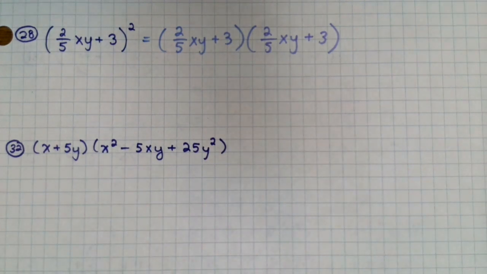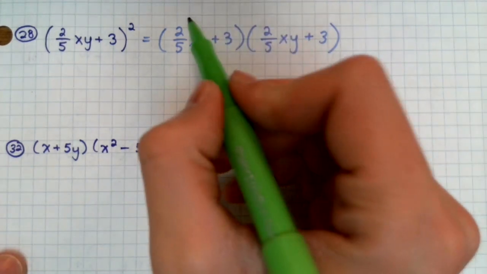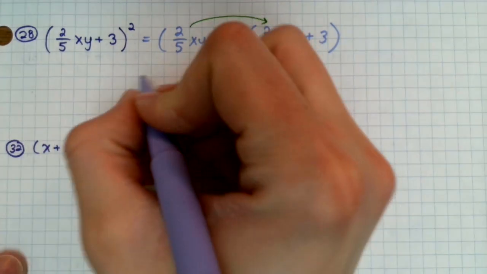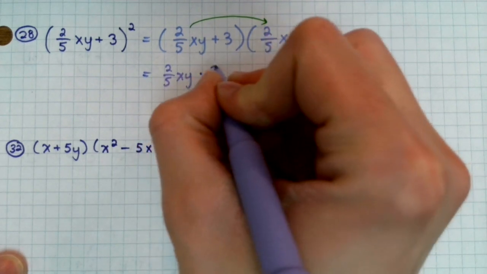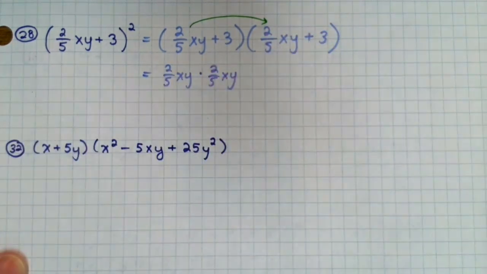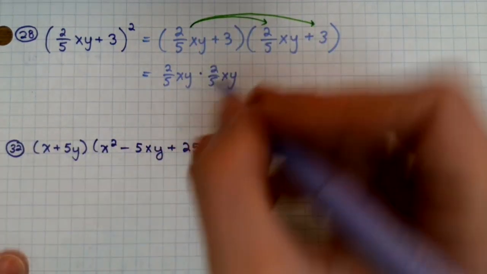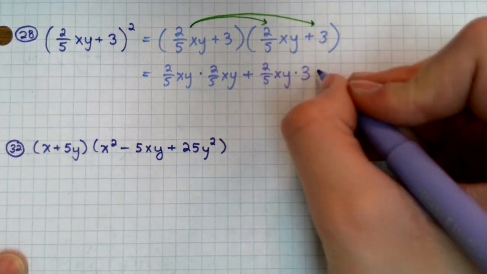So if you see a problem like this in the future, make sure you take the time to rewrite it as the two binomials. And now, just like the previous questions, we're going to go through and either use FOIL or the double distribution. Either way, I'm going to go through again and think of it as double distribution. So we're going to do 2/5 xy times the 2/5 xy. So we got 2/5 xy times 2/5 xy. Then we're also going to have 2/5 xy times 3, so plus 2/5 xy times 3, plus, now we're going